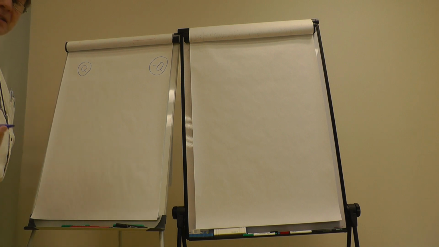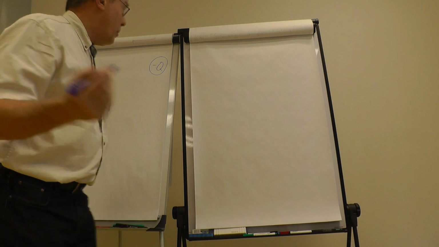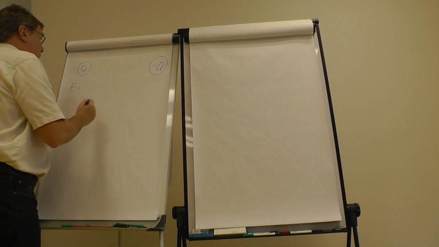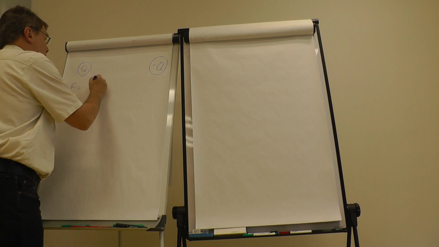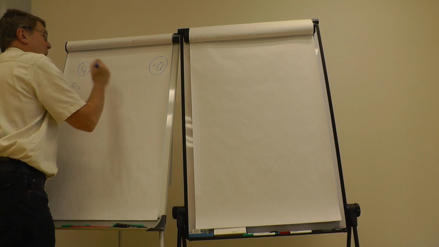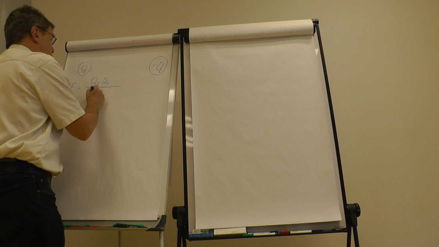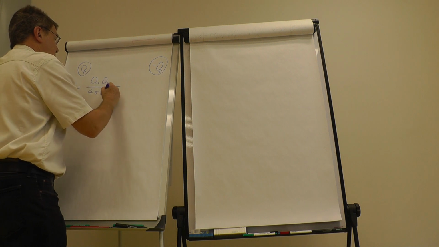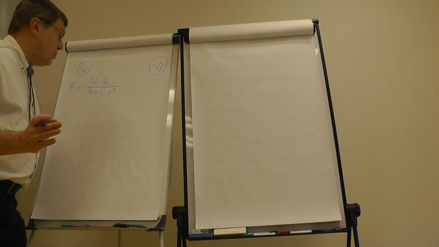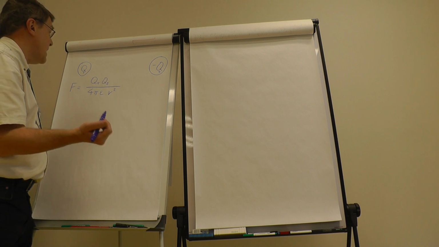In this case, the attractive force is given by the law of Coulomb and is F equal to Q1 Q2, the two charges, divided by 4 pi epsilon r squared, where r is the distance between those two balls, epsilon is the permittivity, in this case of free space,